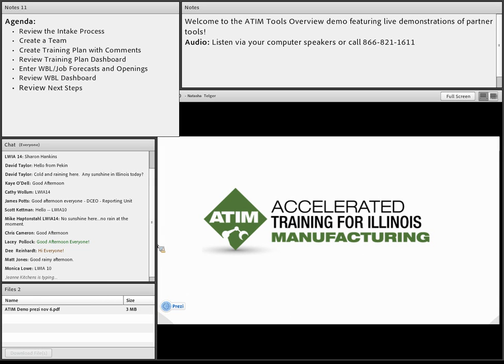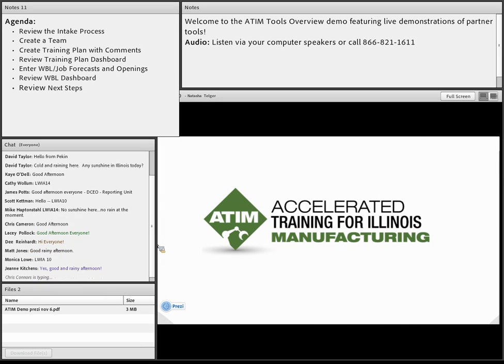So we have Chris, Ken, and Jerome, who will be walking us through creating a team, creating a training plan, looking at the different dashboards, and looking at the work-based learning and job forecast and openings tools as well. We're going to go through a demo, and so a lot of the resources and how to use these tools